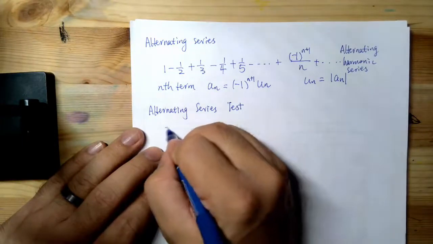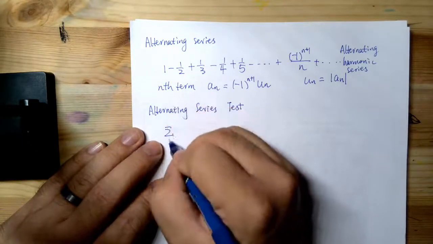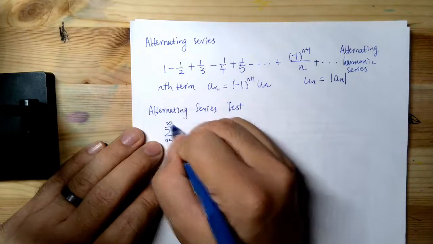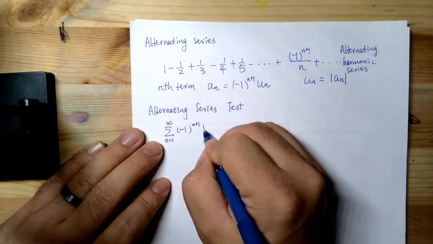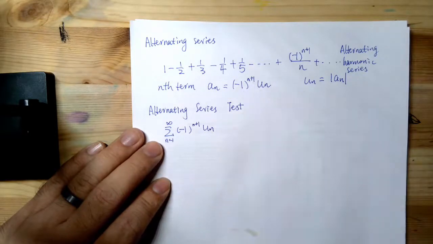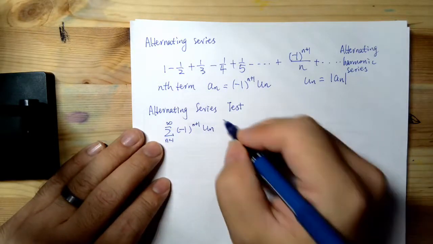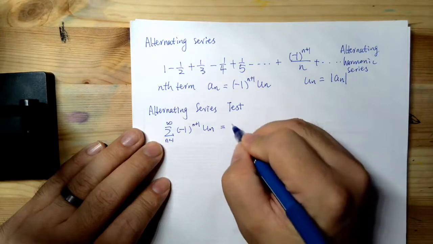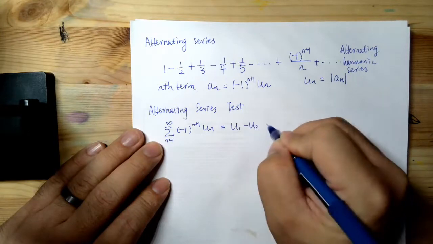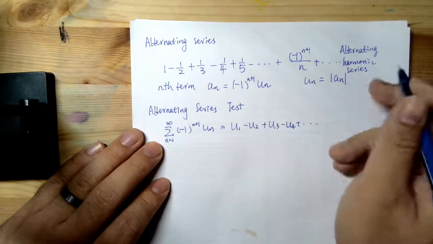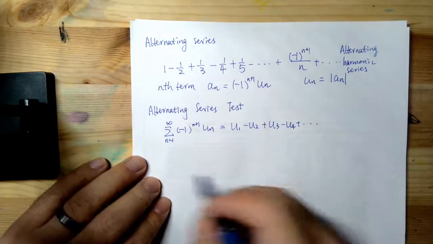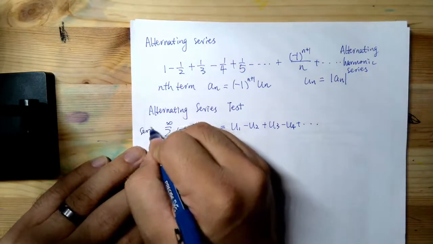If we have a series given this way, the sum from n equals 1 to infinity of (-1) to the power n plus 1 times u_n, remember this u_n is the absolute value of the nth term, which is u_1 minus u_2 plus u_3 minus u_4, and so on. So it says that this alternating series